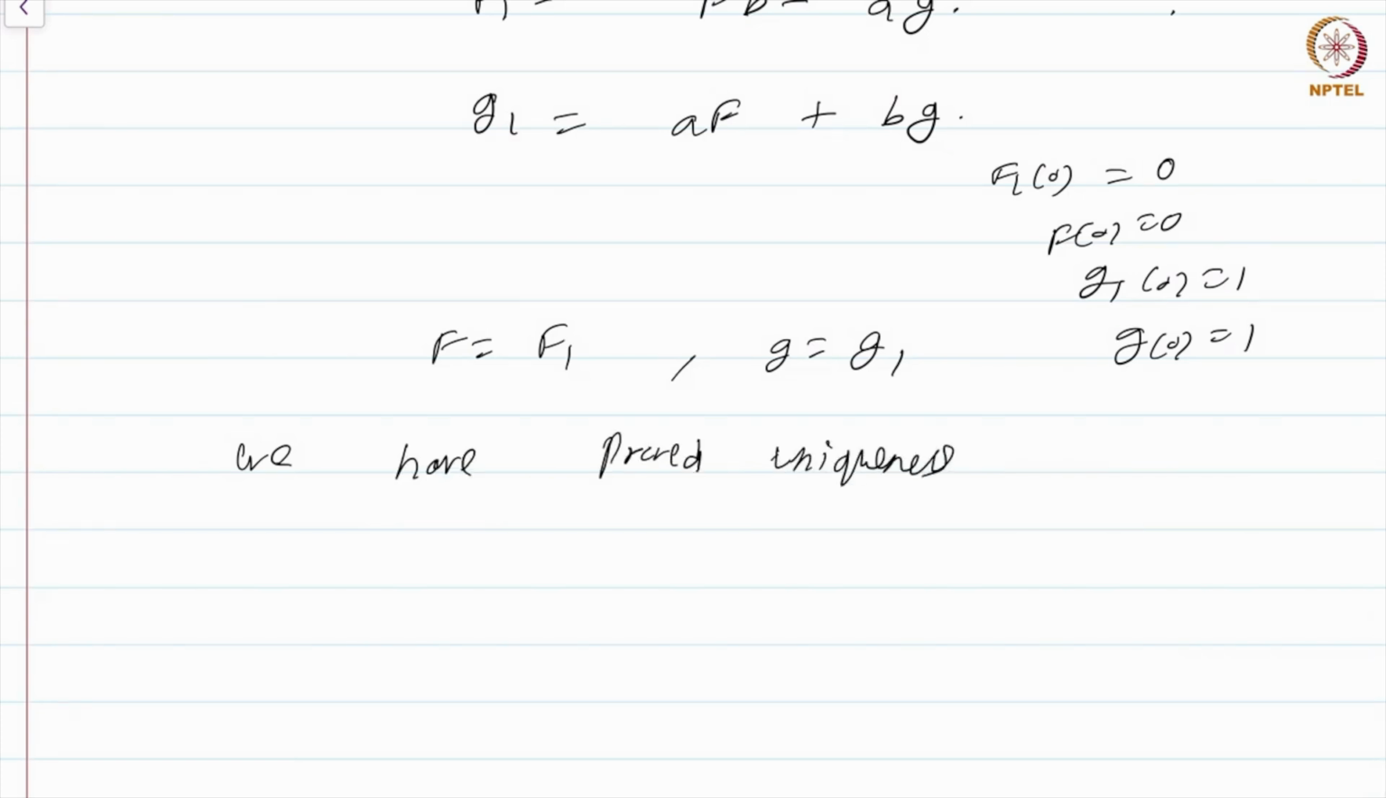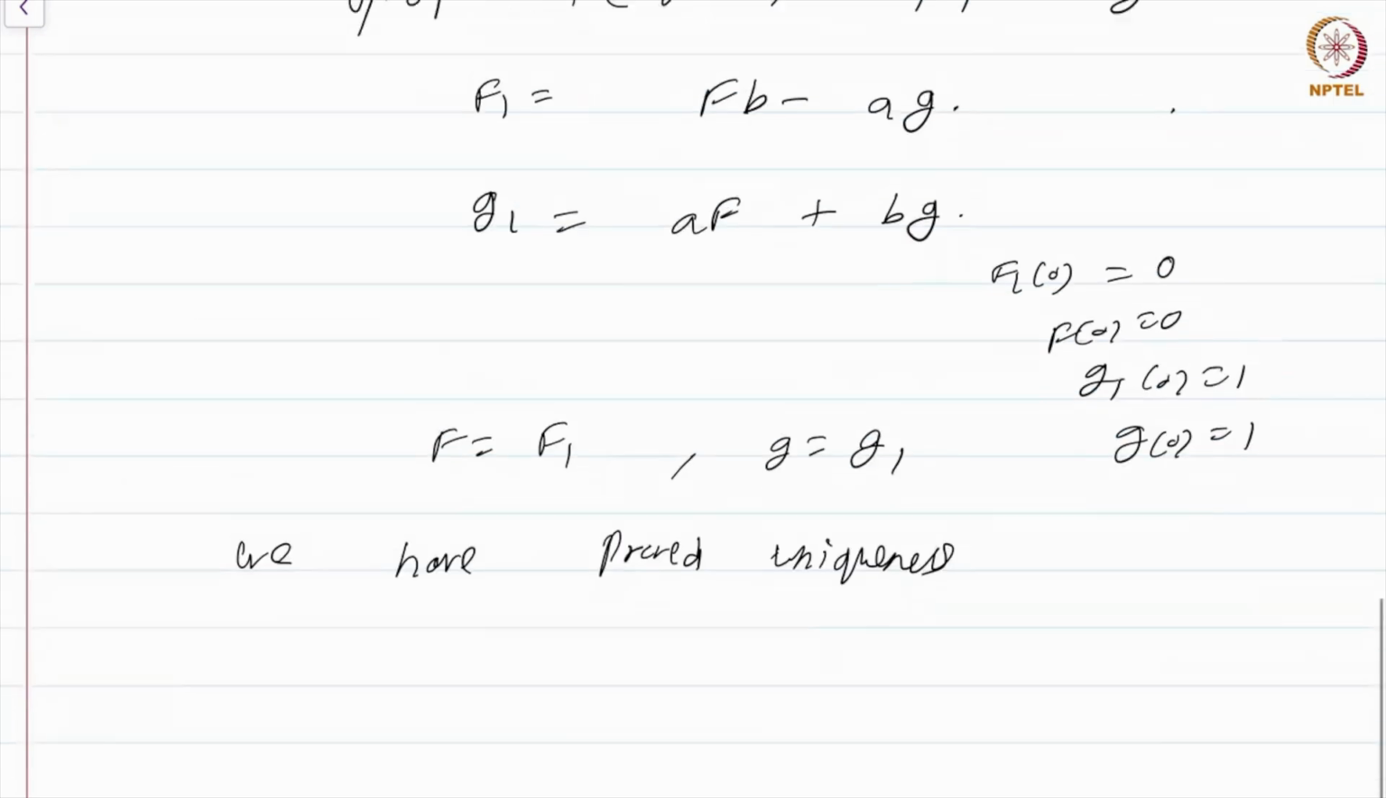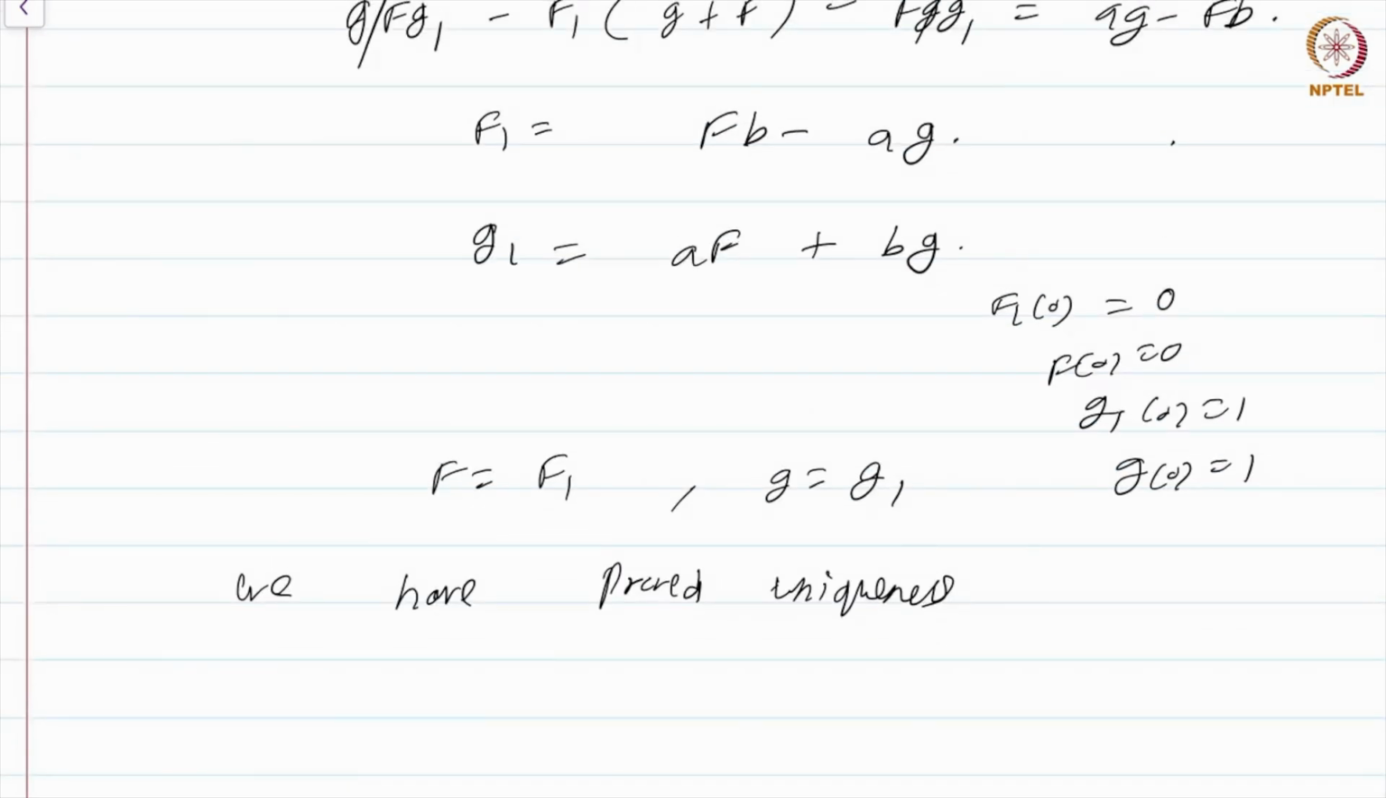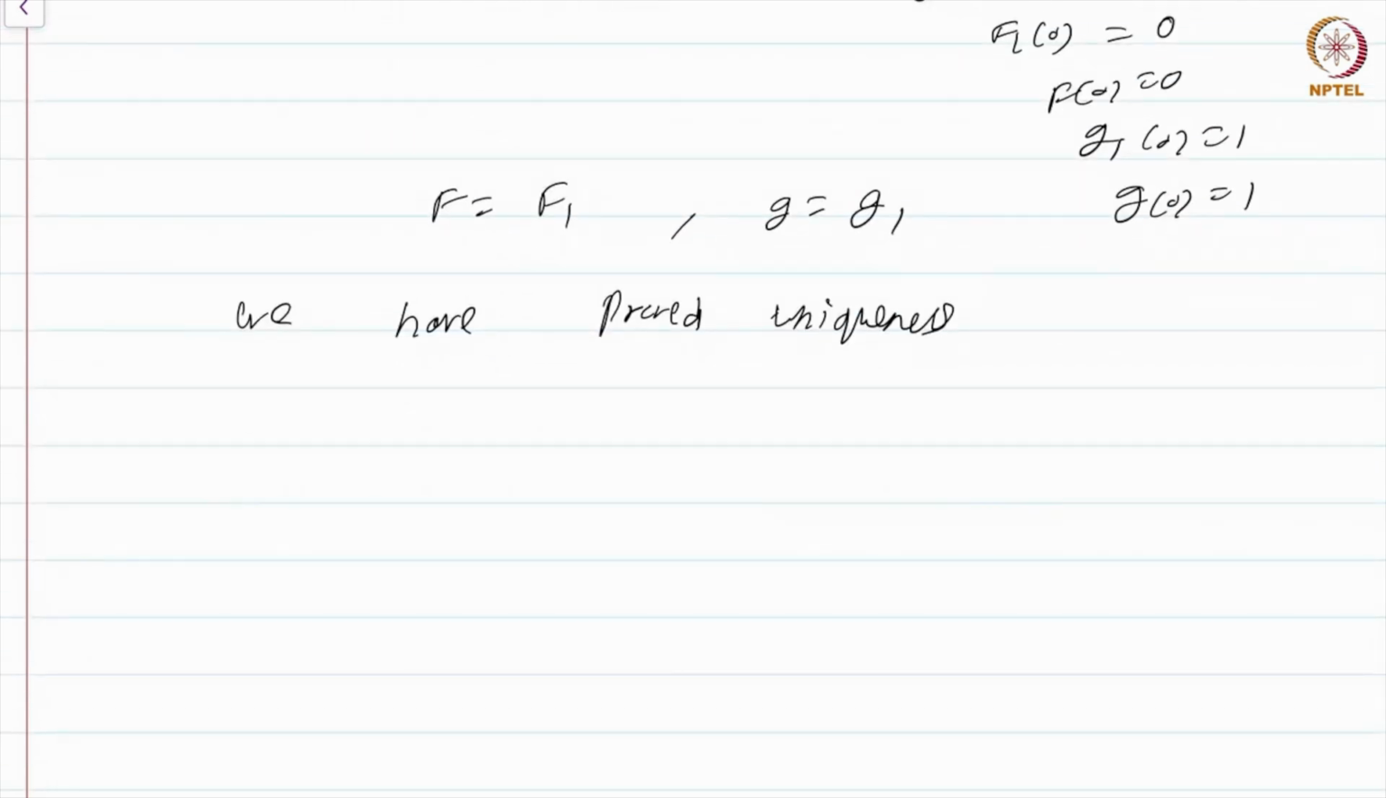Now, interesting fact is that if you ignore the conditions f1 of 0 equal to 0 and g1 of 0 equal to 1, this double star, this set of equations, expression for f1 and g1 in terms of f and g is still valid. In addition, if you assume that f1 of 0 equal to 0 and g1 of 0 equal to 1, we get f equal to f1, g equal to g1. Why am I making this seemingly unnecessary remark? Because using that we can immediately prove the following properties or identities